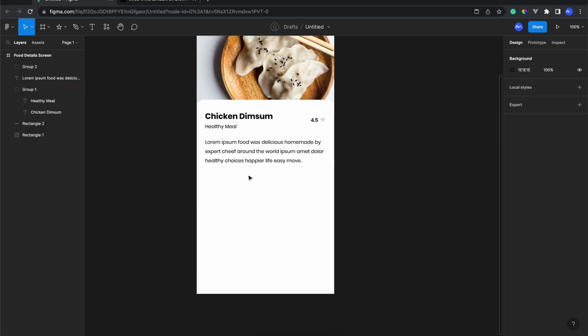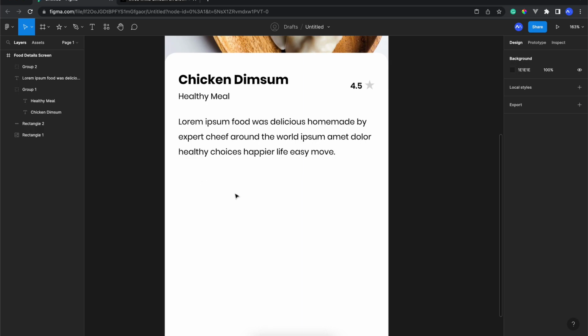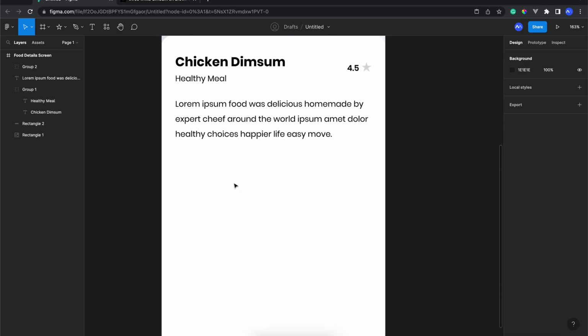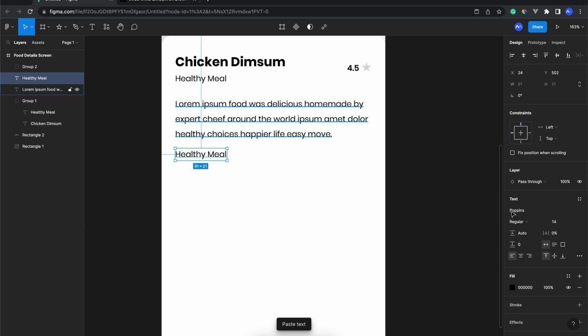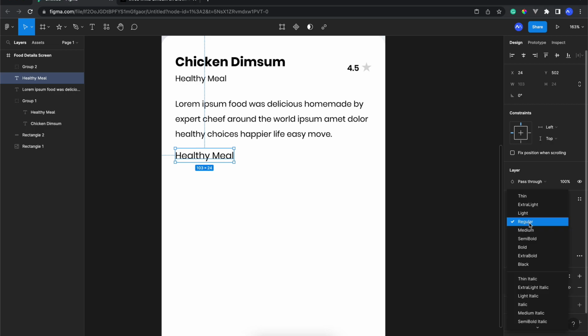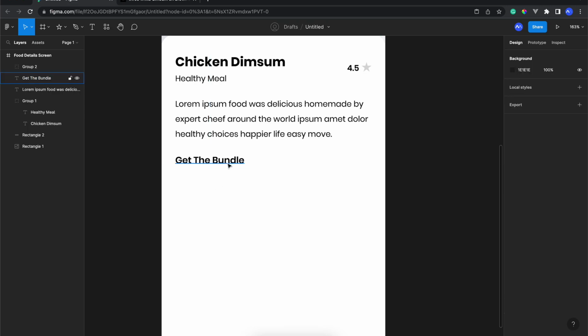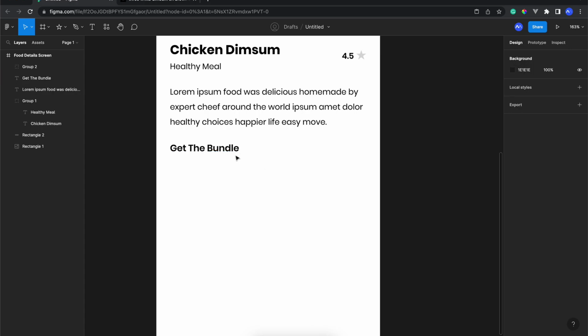Okay, the next one, we're gonna have a couple of photos of any other foods. Maybe we sell it as a bundle, you know. So yes, I'm going to copy this healthy meal, and then I'm going to change the size to 16 and make it semi-bold like this, and just give the margin top 20 pixel. So, get the bundle. Okay, this is for the header title, and we're gonna put some photos below of this